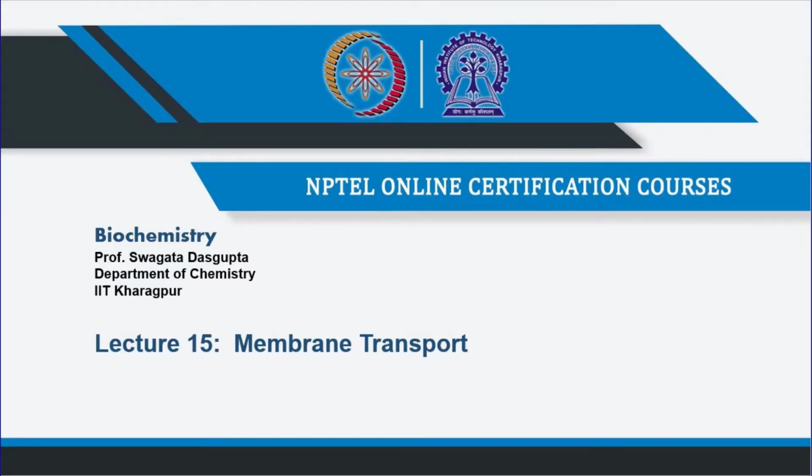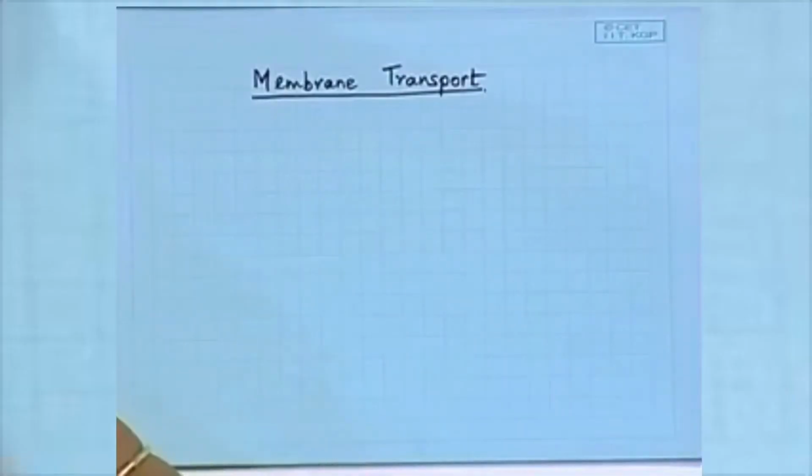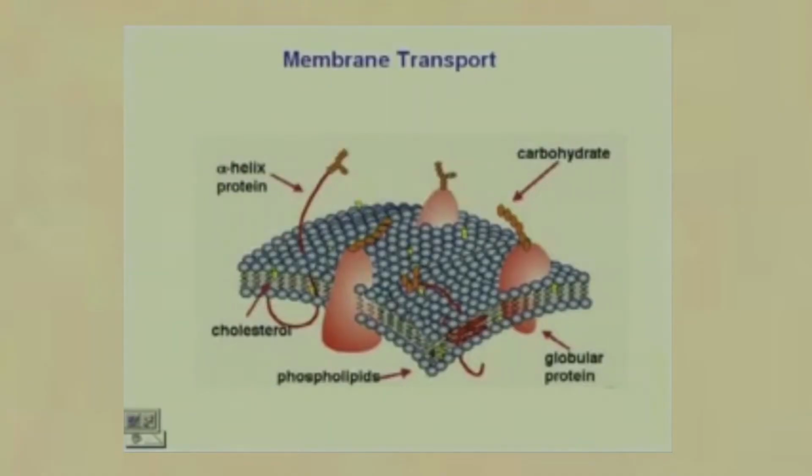Now if we look at the fluid mosaic model that we discussed in the last class, we know that this lipid bilayer that comprises the membrane is interspersed with proteins and channels that allow the transport of ions from one side to the other, whether it's from the inside to the outside or from the outside to the inside of the cell. Now this is extremely important for cellular processes that are going on,